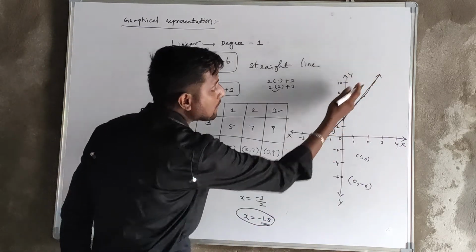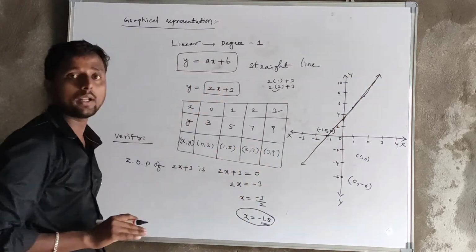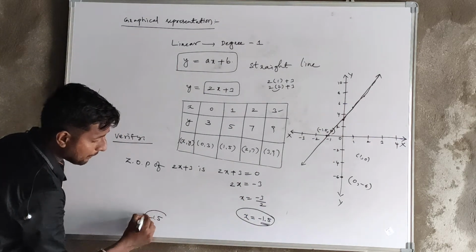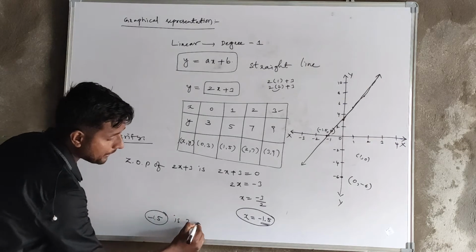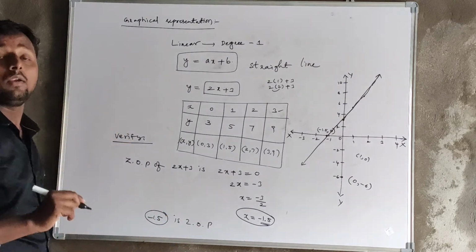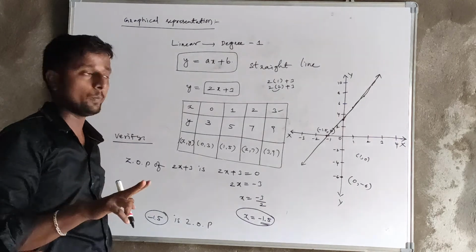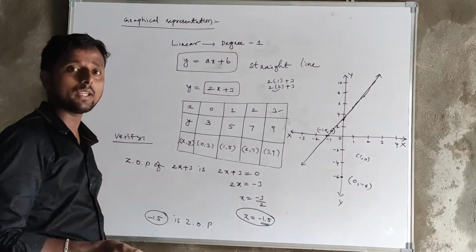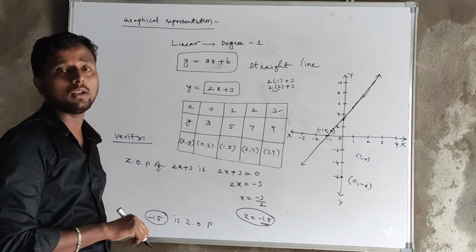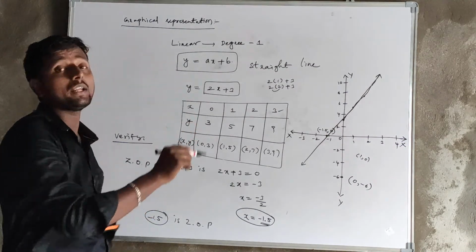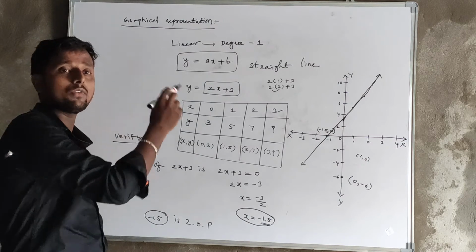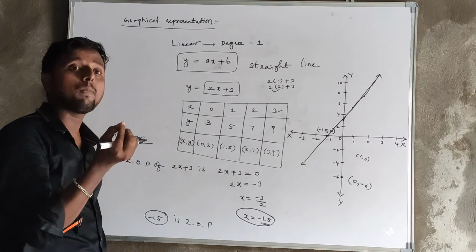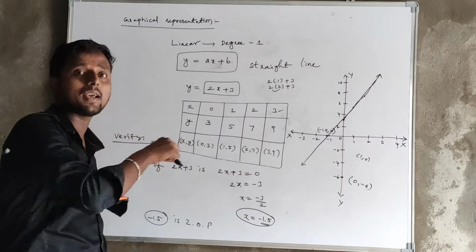Here the line passes through the x coordinate, and we can also say that minus 1.5 is a zero of the polynomial. At the same time we are saying 2. One thing is, it is a point on the x-axis, and the next is, it is a zero of the polynomial. That means for every equation, not only linear, the zeros are nothing but points, coordinates on the x-axis.